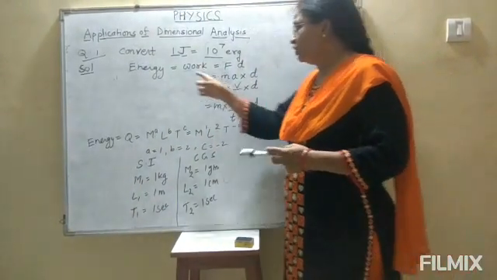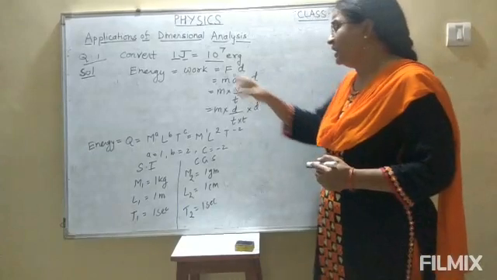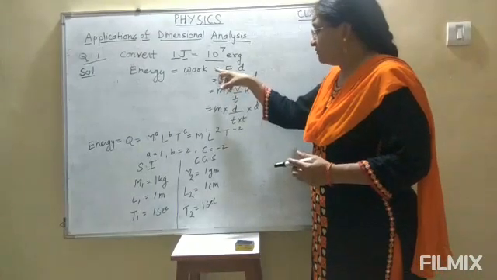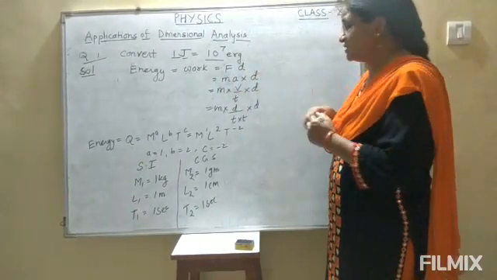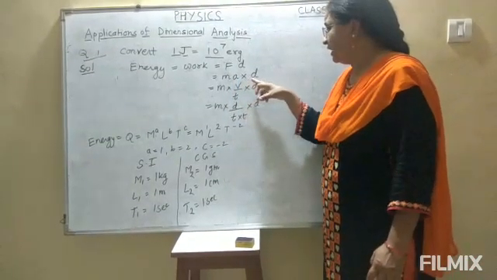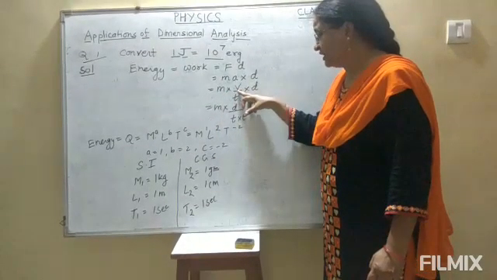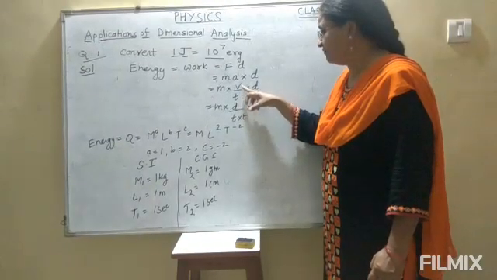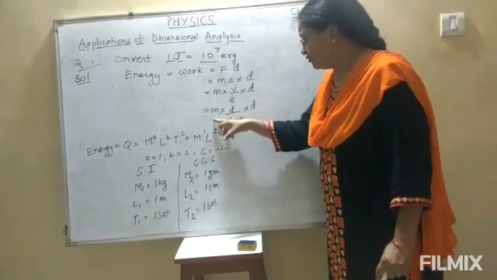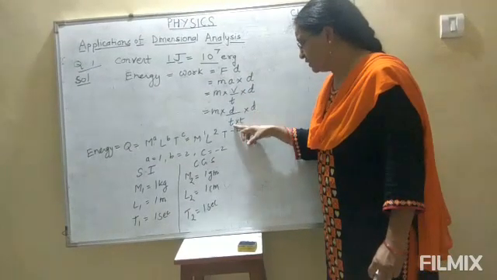And as you know, energy is nothing but it is in the form of work done. For calculating the dimensional formula of work done, as we know, work done is equal to force into displacement. And force is equal to mass into acceleration by Newton's second law. Into distance. So it is equal to mass into acceleration. In place of acceleration, we can write change in velocity upon time into distance, is equal to mass into, in place of velocity I have written distance or displacement upon time, into